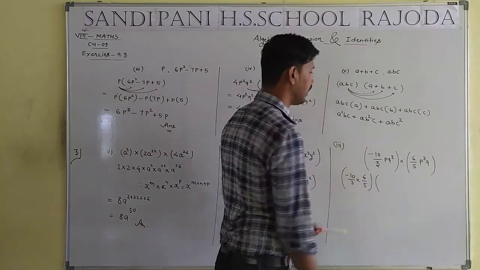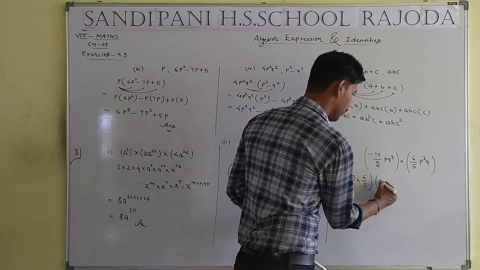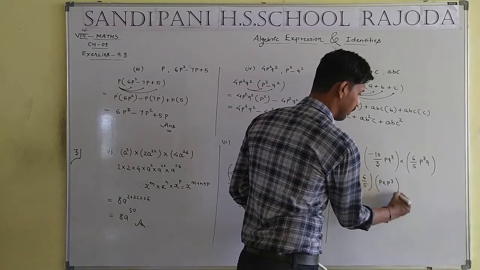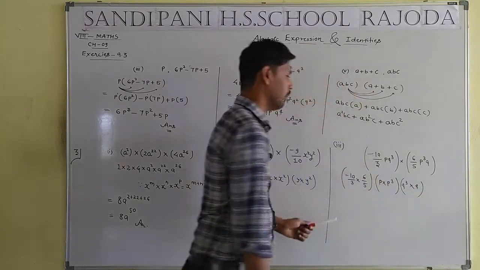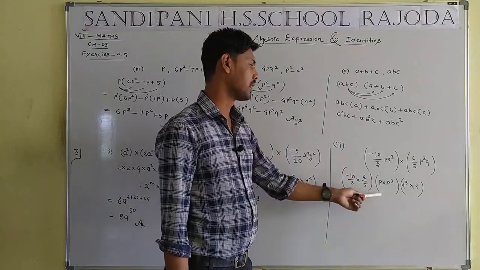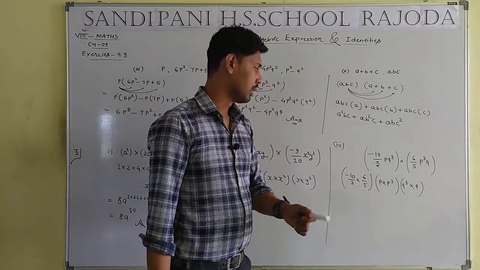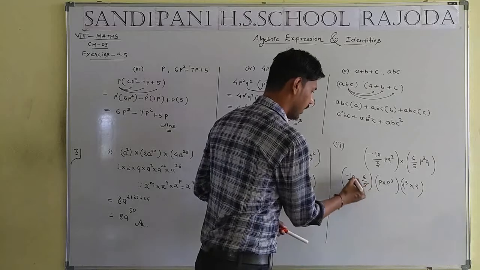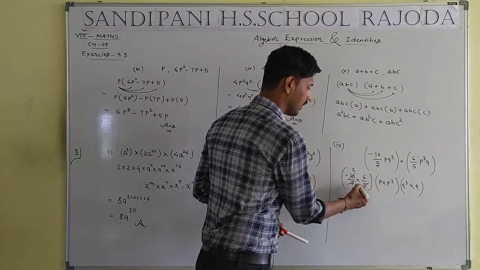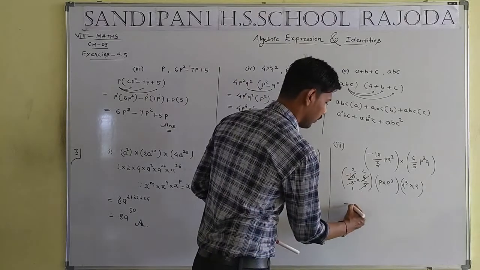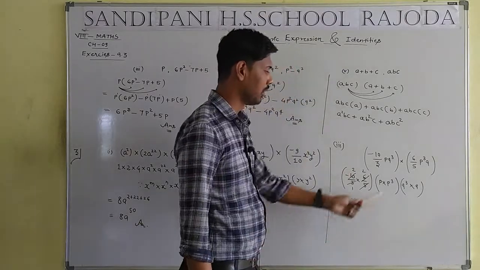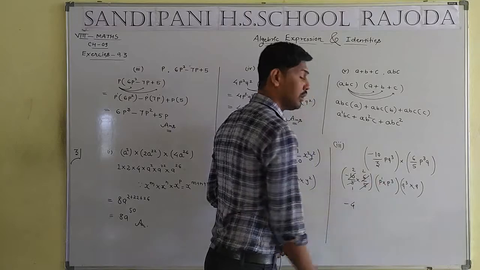Okay, then after p into p to the power 3, then after q to the power 3 and the q, we select numbers in the first bracket, p in the second bracket and q in the third bracket. 5 1 ja 5, 5 2 ja 10, 3 1 ja 3, 3 2 ja 6. 2 into 2 will be equal of minus 4.